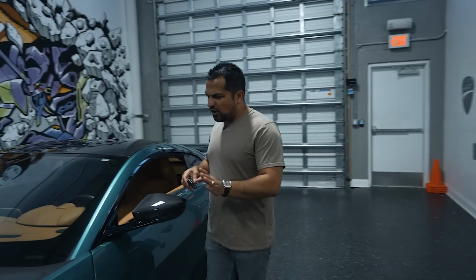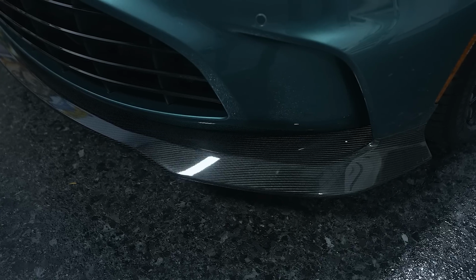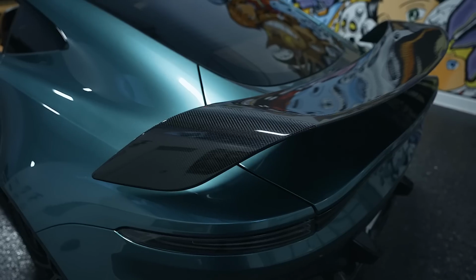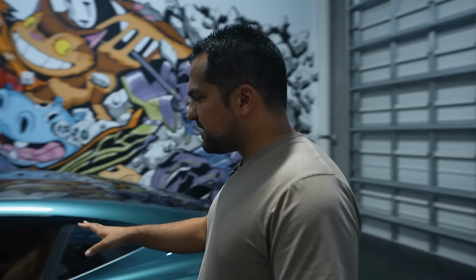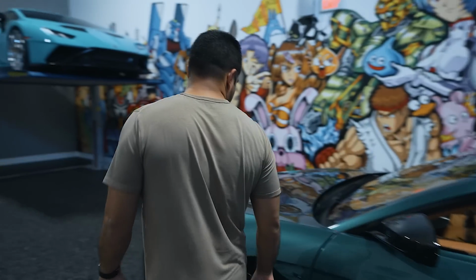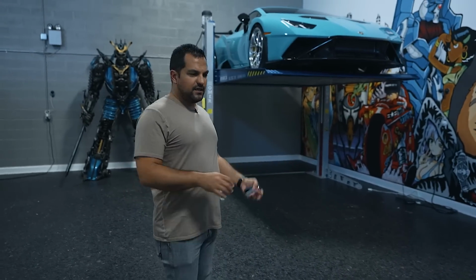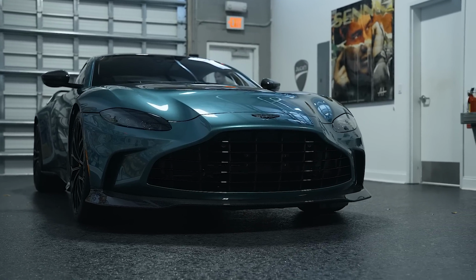You can see that we got all carbon options. Here you have everything: carbon exterior pack, carbon mirrors, carbon roof, even the carbon spoiler, carbon diffuser, everything, right? Premium wheels. The only thing I didn't do in this car were the actual race seats. I did them in the Roadster version that's gonna be coming soon. So on the outside, you're looking at probably one of the highest loaded spec possible Vantage V12 coupes, and this was a